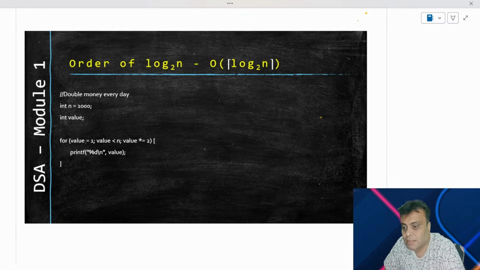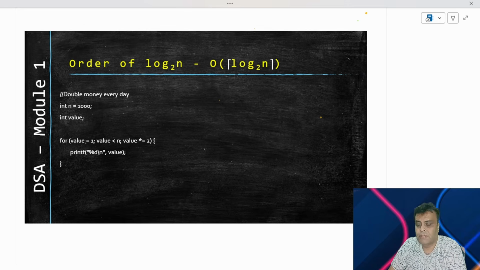Hello, welcome back. We have finished off with most of the time complexities that are critical, and we are right now starting a couple of them which definitely are critical, but will fall under a different class of time complexities. We have covered constant time complexity, linear time complexity, and the quadratic and the cubic time complexity. We are now investigating the logarithmic time complexity.